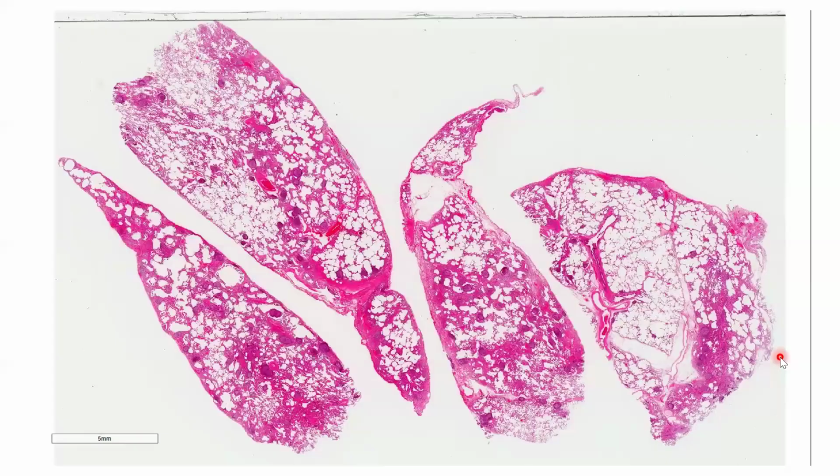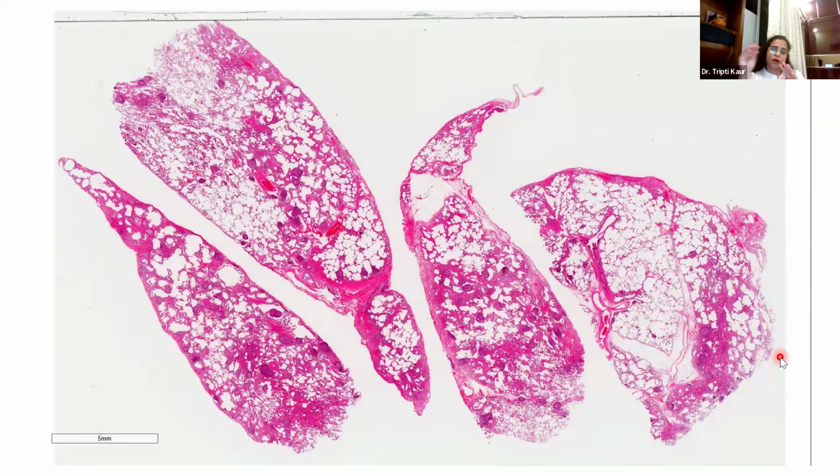Ma'am, I have used the term honeycombing or dilated things. So what is the correct term that we have to use when we are writing? Should we write dilated alveolar spaces or thickened alveolar spaces? Which one will be the correct one? Thickened alveolar spaces. So you can see the interstitium appears expanded and fibrotic homogeneously throughout the biopsy, and there are some patchy areas of emphysematous changes because of the breakage of the alveolar interstitium. Okay, thank you, ma'am.